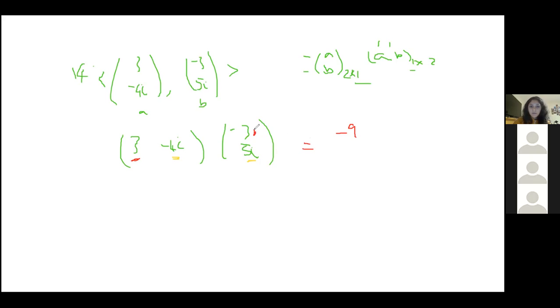So this is a row, that's a column. And then you multiply both of these together. So we have -4i times 5i. So -4 times 5 is just -20. And then i squared is -1. So we have 20. Oh my God, sorry. I just said you get a scalar and then I started doing a vector. So you're supposed to add these. I'm so sorry. And then when you add this, you get 11.